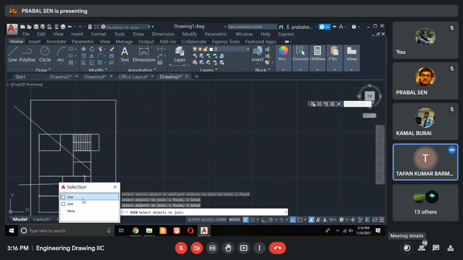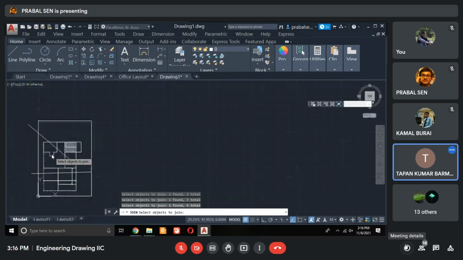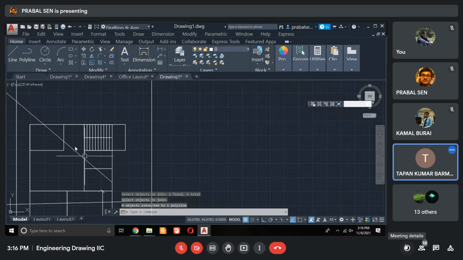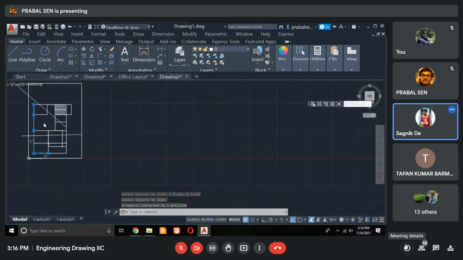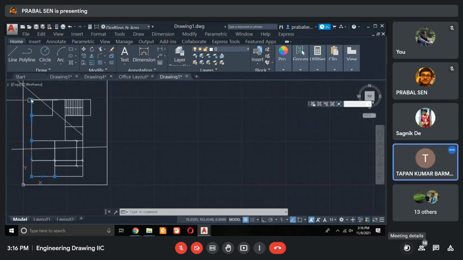Okay, make say three lines together. Sir, is this command available in 2007? Yes, join command is available. Now see the whole thing. There were 4 lines, now there is 1 line.